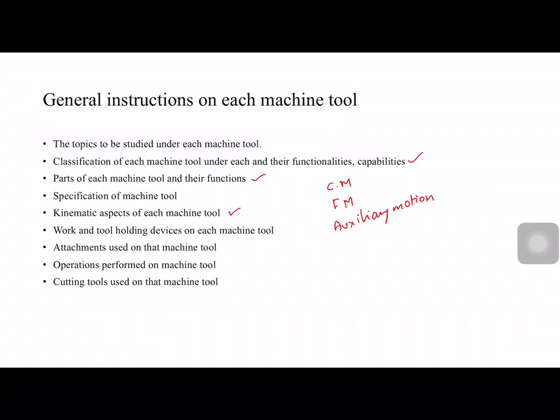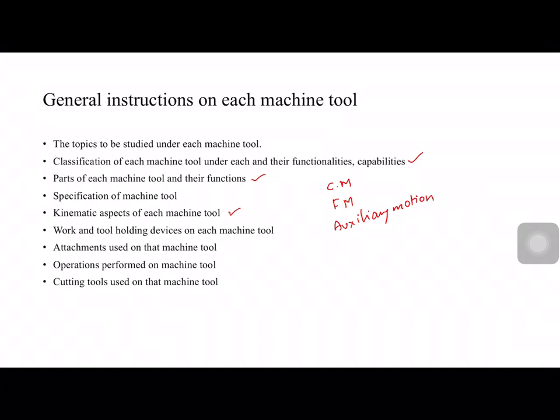Live center is placed in the headstock, dead center is placed on the tailstock. What they will do is they will simply hold the work part. They won't rotate the work part. In order to rotate the work part, we need to use the carrier and catch plate. So what the main focus is related to what are the work holding devices and what are their functions, and where it can be placed.